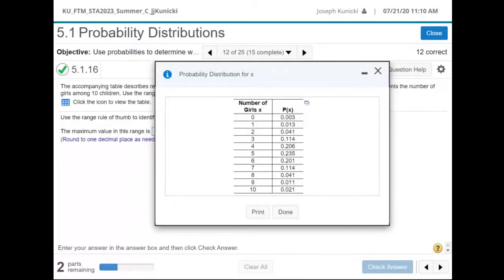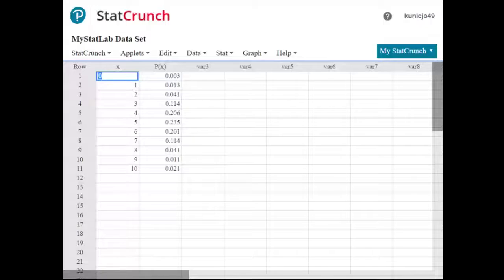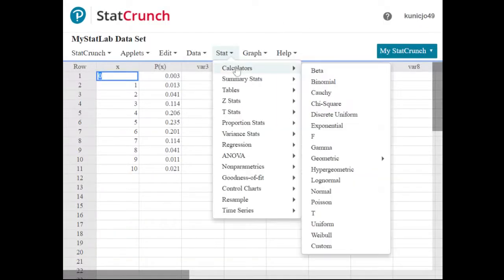Okay, so that's problem 5.16. We opened up the probability distribution, and now we're going to open up the data set. So it's coming right there. So I want to be able to calculate the